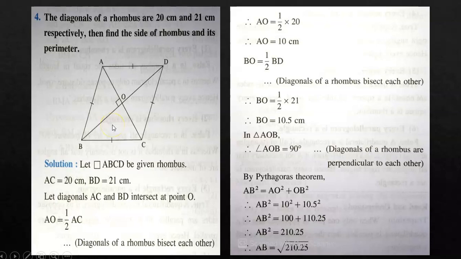And the diagonals are given to me. The smaller diagonal is 20 centimeters, AC is 20, and the bigger diagonal is 21 centimeters. So BD is 21. Now let diagonals AC and BD intersect at point O. We also know that diagonals of a rhombus bisect each other. That means AO is half of AC,